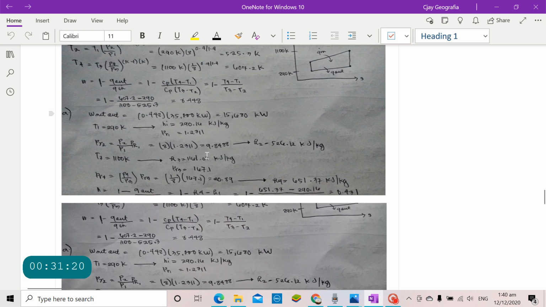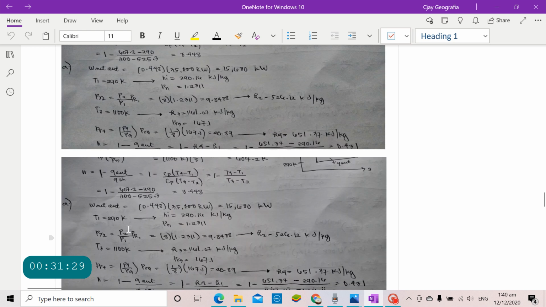Manipulate for the values, you'll get the answers, as well as T3, PR4, and for the efficiency, 1 minus Q out over Q in is equal to 1 minus Cp (T4 minus T1) over Cp (T3 minus T2). Manipulate for its values, you will now get the final answer for this